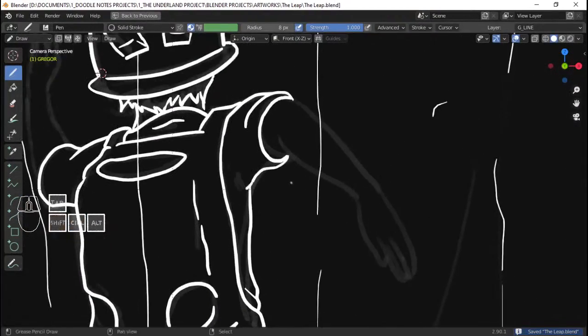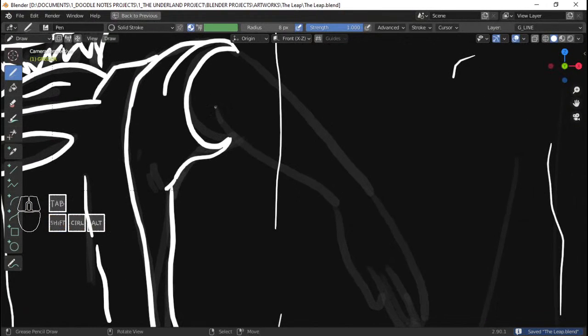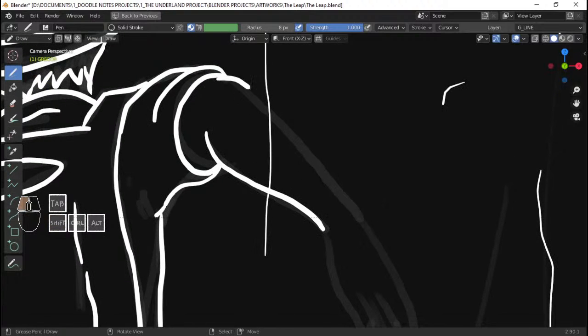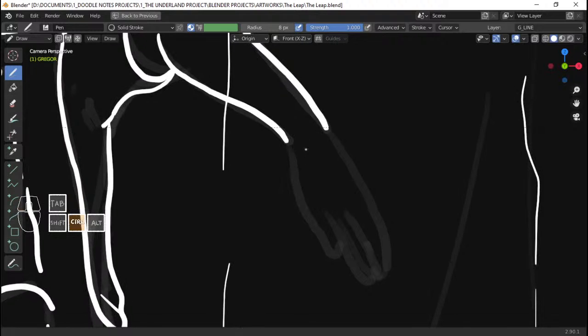Almost done with Gregor here. And it's only been 40 minutes, so we still have a lot of time. We can probably move on to the rats. But I still need to add some fill for Gregor. I'm not sure if we'll reach the rats, but yeah, this is not the last part of